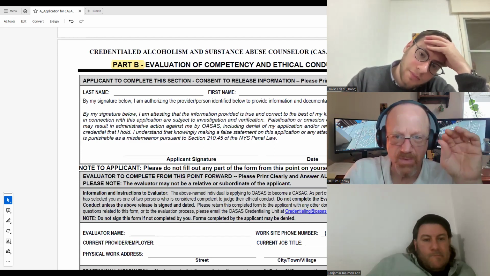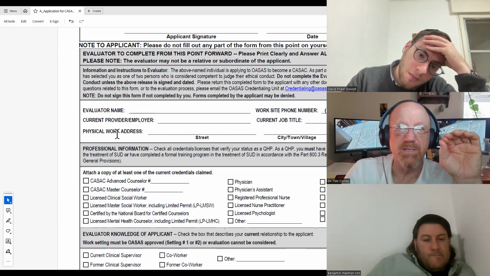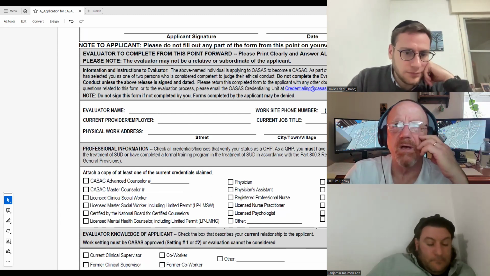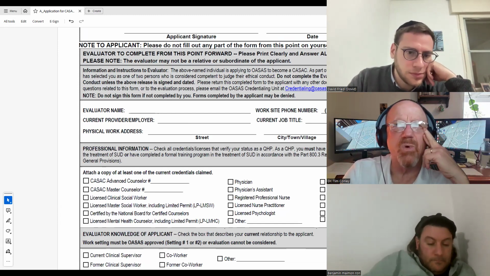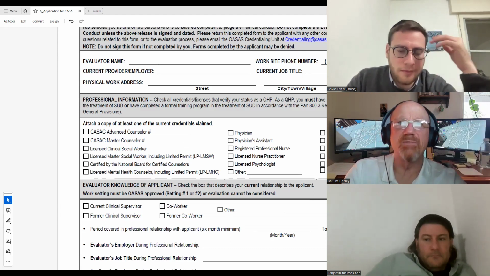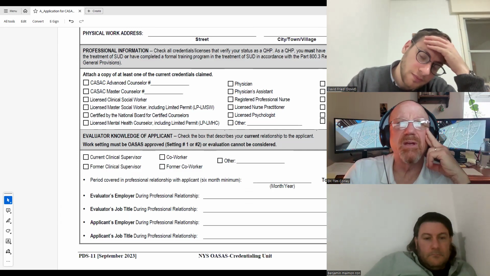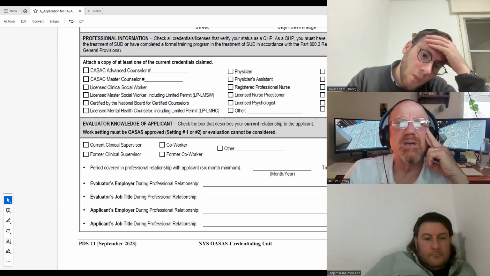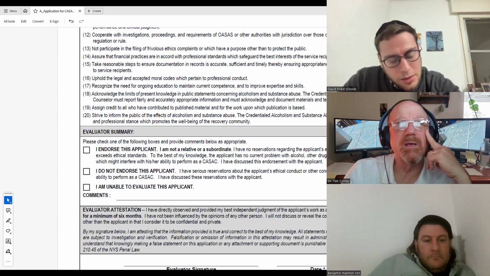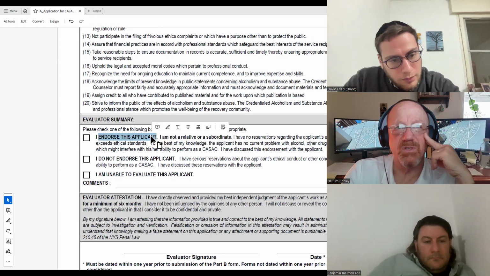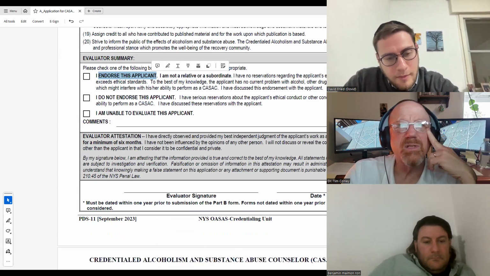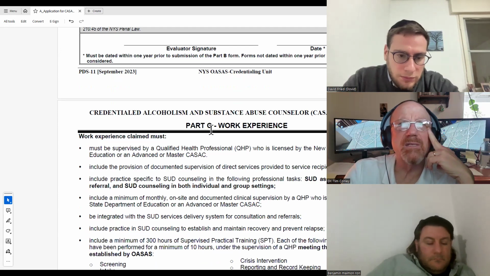A person who has worked with you that holds one of these licenses that is willing to vouch that you are ethical and competent and have good comportment, demeanor, et cetera. We'll get to the signing on supervision later, but for now, for this part B, they're just going to sign off on this. All of these things, and then they'll say, yes, I endorse this person. So this really can be looked at as an endorsement. And that gets us through part B.